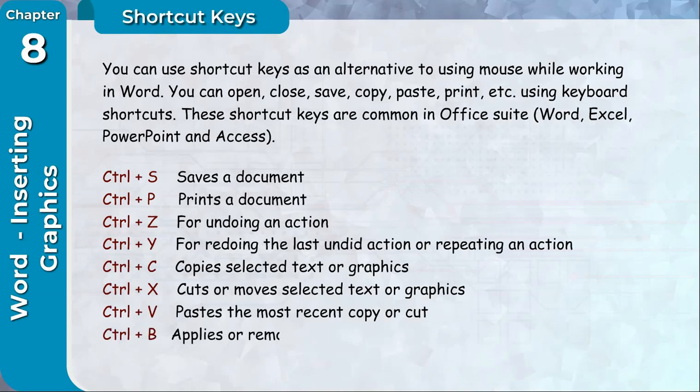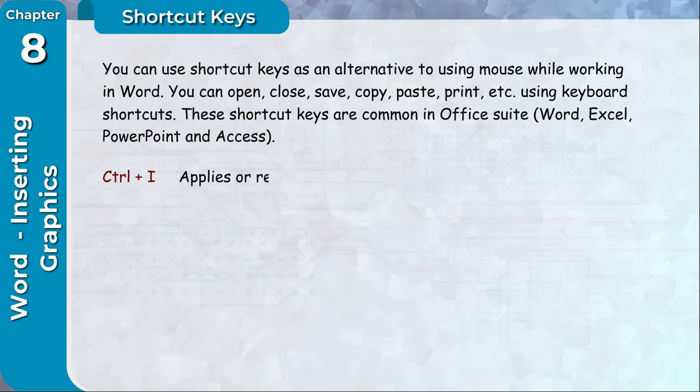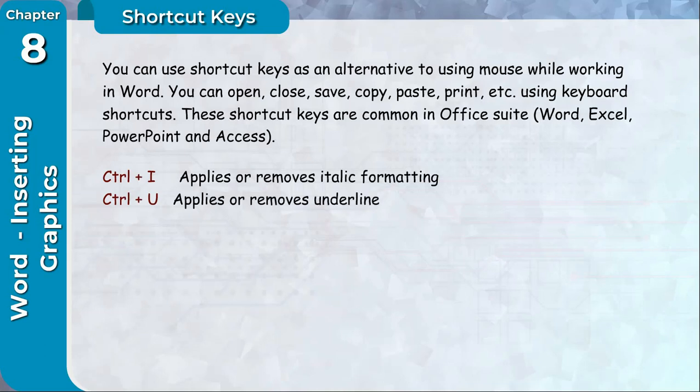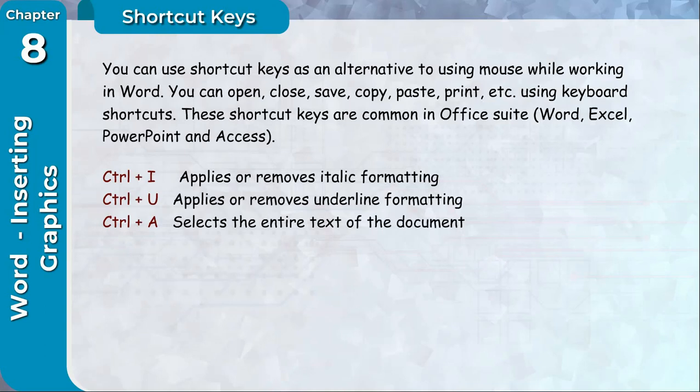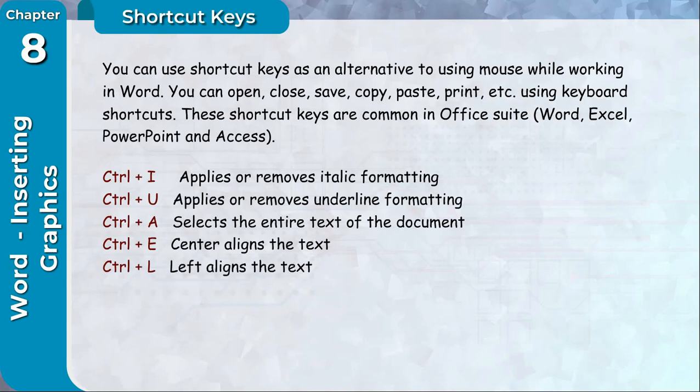Ctrl+B applies or removes bold formatting. Ctrl+I applies or removes italic formatting. Ctrl+U applies or removes underline formatting. Ctrl+A selects the entire text of the document. Ctrl+E center aligns the text. Ctrl+L left aligns the text. Ctrl+R right aligns the